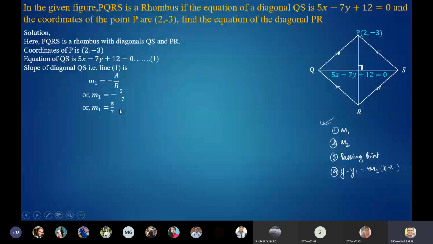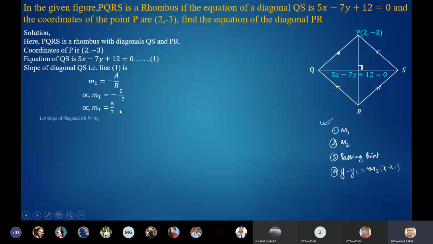Okay, here the basic idea is the same in all the questions. The main thing that you need to understand is you need to find the slope of the required line and one point in the line that you are supposed to find the equation of. If the passing point is given, then it's okay. Sometimes it is given directly, sometimes indirectly, as I had said. Okay, so in this case it's given already, so you don't need to bother. Slope is given, m1 equals 5 by 7. We have found it. So now let's find m2. Let slope of diagonal PR be m2.